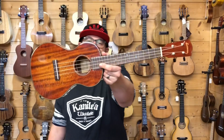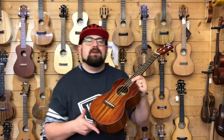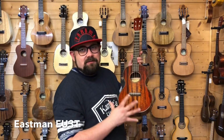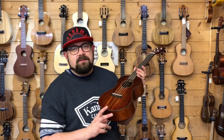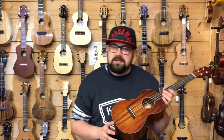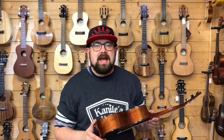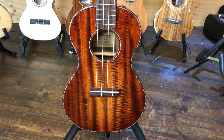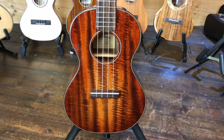Okay, let's move on now to another fantastic ukulele that I'm constantly going on about. This is the Eastman EU3T. Eastman are a fascinating company that do things completely differently to everyone else. They have won multiple awards in the last couple of years, a couple of Best in Show nominations at NAMM for their guitars, and they currently only make one type of ukulele in the soprano, concert and tenor size, which